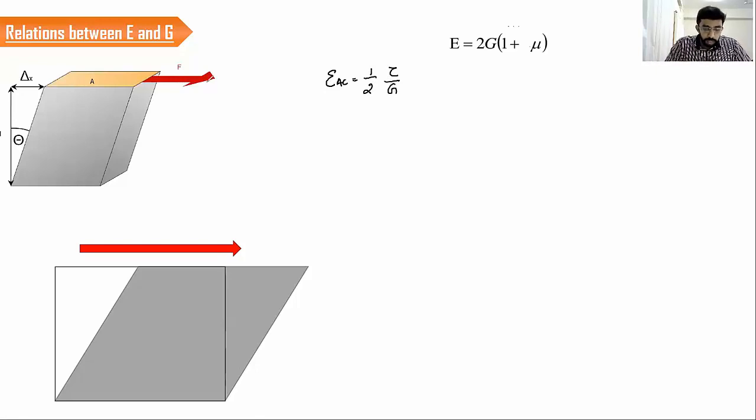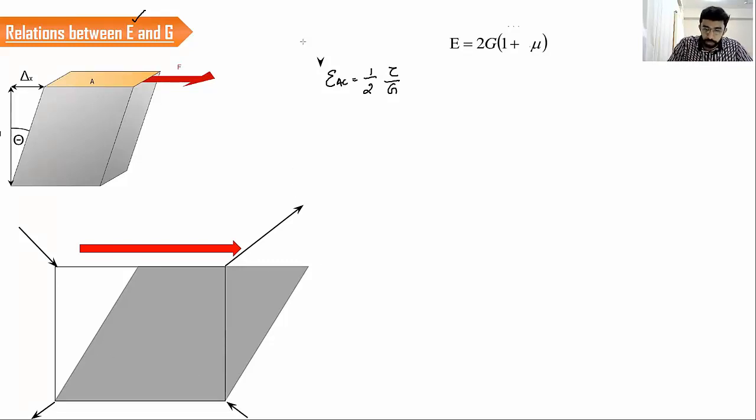Now we are going to change this force to normal forces, because we are supposed to relate with the Young's modulus. In Young's modulus, we don't use the shear force. We need normal forces. For that, I'm going to get the same deformation by applying a load like this. Suppose I apply a load like this on these diagonals, what will happen? If you apply a load like this, the material is going to deform in the same manner.